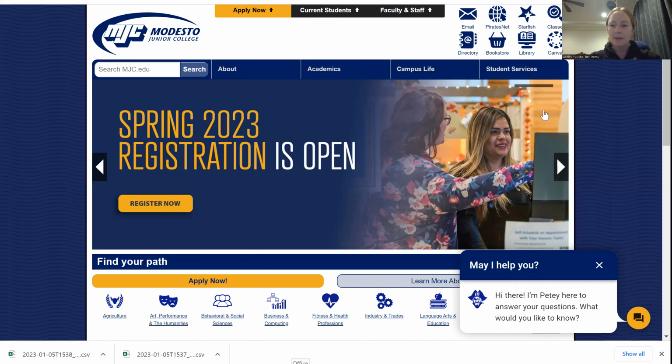But mainly, the most important thing, especially if you're a new student, is that all the stuff we're going to be doing will be done on Canvas, which you'll find if you just go to the MJC homepage. You could just Google MJC if you don't know how to get there. Then there's a little icon in the top right corner of the page that says Canvas, and it looks like a little flower or a sun. That's where all of our stuff will be done.